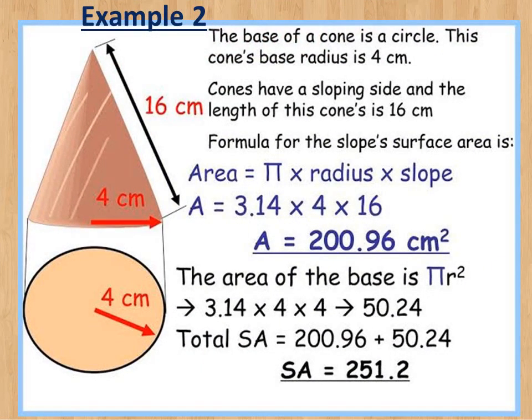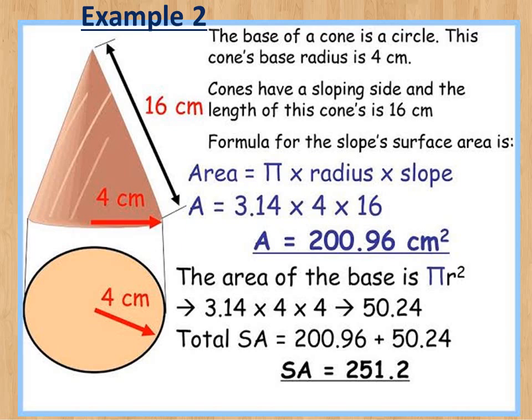Example 2, you are told to find the surface area of the cone shown in the diagram. It has a slant height of 16 centimeters and a base radius of 4 centimeters. So in this case, we just apply the formula, which is area is equal to pi rl plus pi r squared, that is the base. For the pi rl, that is pi times the radius times the slant height, which is 3.14 times 4 times 16, and that gives you the area of the curved surface as